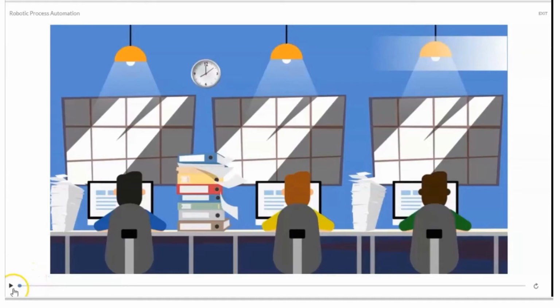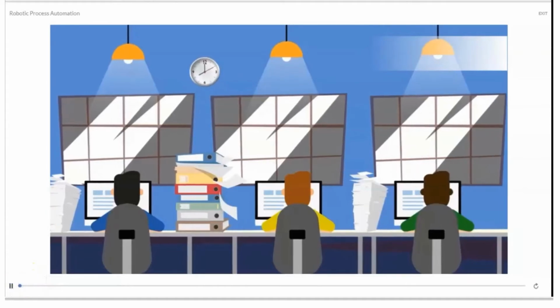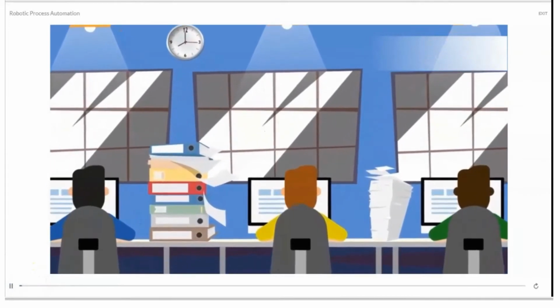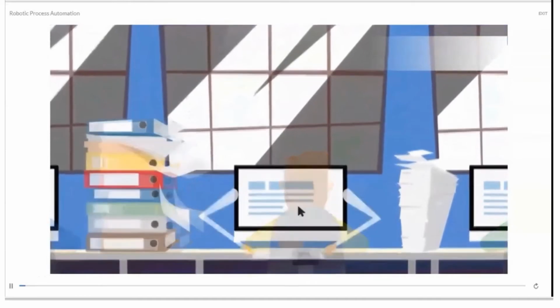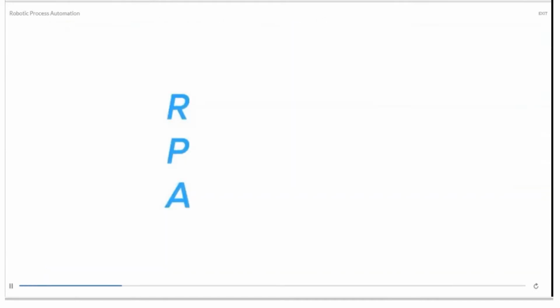Let me start with this robotic process automation concept by showing this video. In this video you can see humans doing the office work, clerical work. Now it has been replaced by robots. Simple. All the office work, clerical jobs have been replaced by a robot. So it is a software bot. That is robotic process automation.